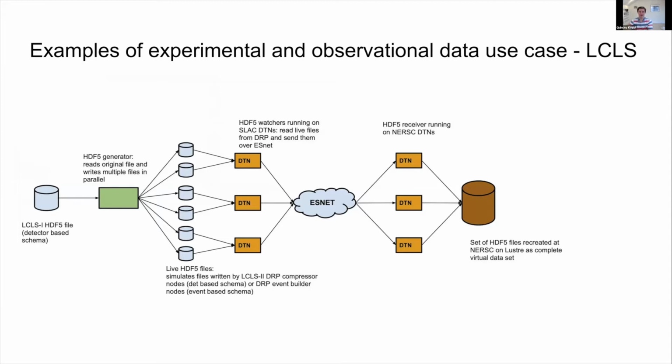So this is a use case from the LCLS2 facility where they have light sources, detectors running on the left side over here, and they would really like to be able to create data locally, produce one or more HDF5 files locally, and have data transfer nodes, these DTNs, on their facility at Stanford, watching those files that are created. Then anytime there are updates from the camera, the data recording, send it over the ESNet, the DOE's global network capability, over to receivers at NERSC,